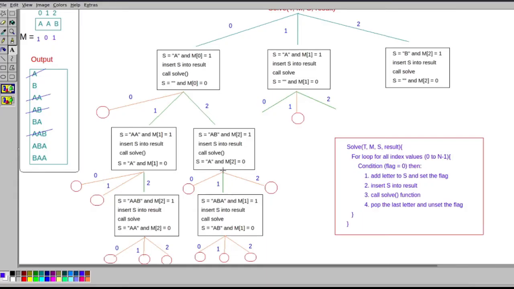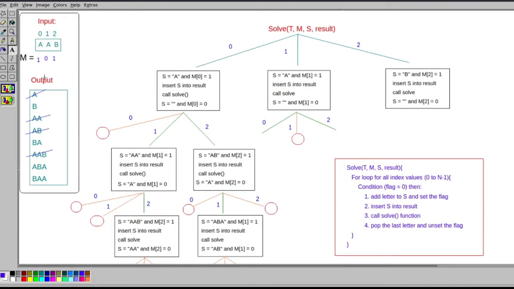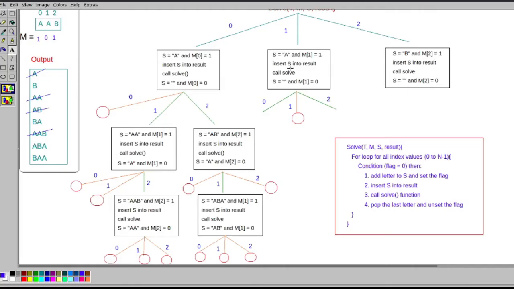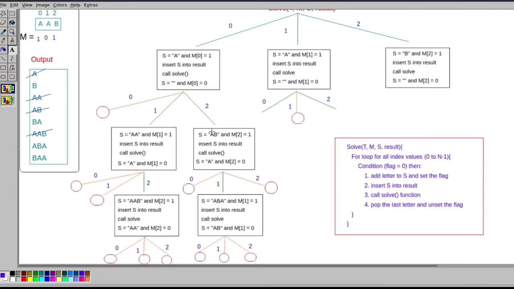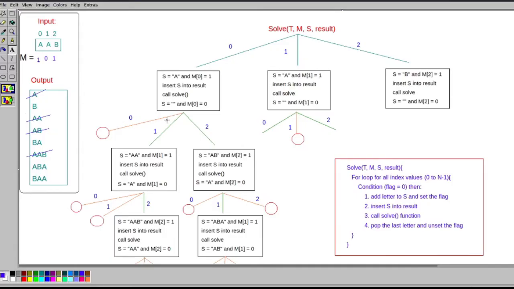It will go back and it will check for the second index, but the second index was already used, so it will not execute and it will come back. So like this every block will execute for 3 times for all the index, and we will get the output for all the remaining strings. Just return the size of the set.